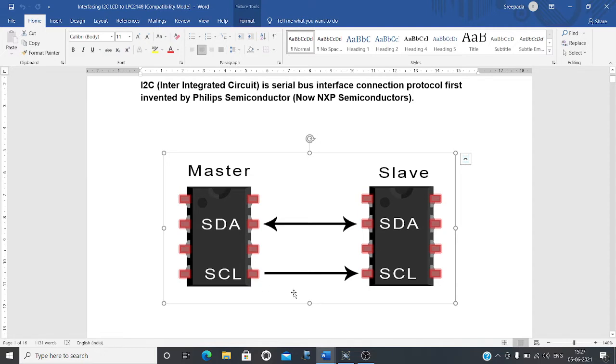So one thing you need to know is that using the I2C protocol, we can send data from one device to another device, here from master to slave, using a single data connection. That is important.